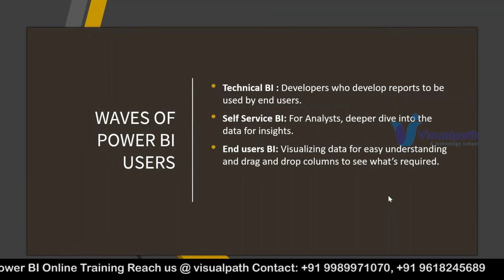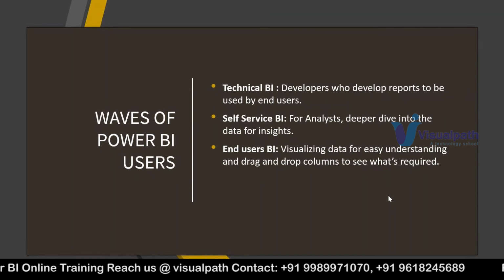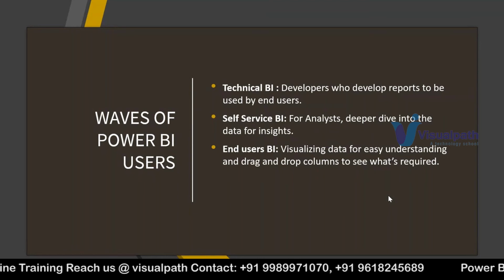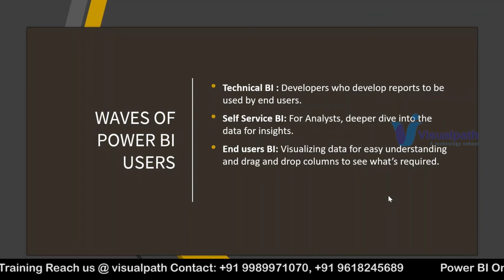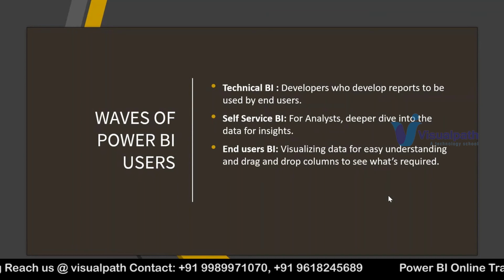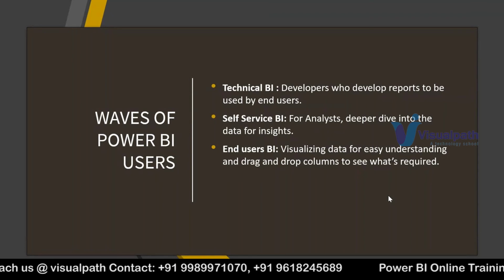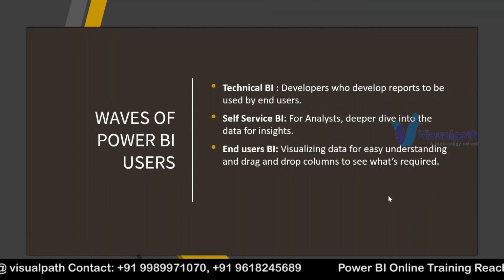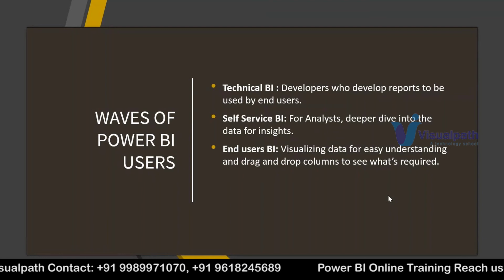That is most probably categorized as a BI analyst, that is a business analyst, or a data analyst. Next is end users BI. Okay, end users BI is nothing but users or customers. Apart from what we build and give in the reports, what will end users BI do? Okay, that is a customer. Some customers will say that they also want to try the reports, or they want to drag and drop